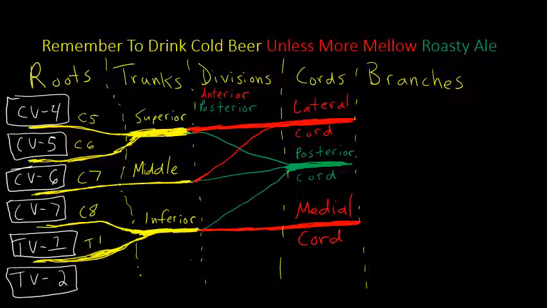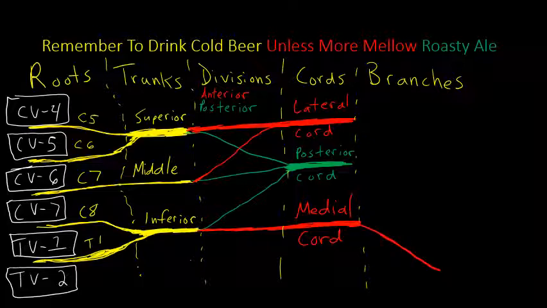So I wrote unless more mellow in red to represent that the medial and lateral cords that form from the anterior divisions form the ulnar, median, and musculocutaneous. And so this labeling starts at the bottom, where we will draw in